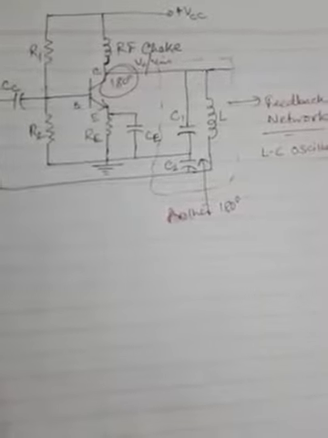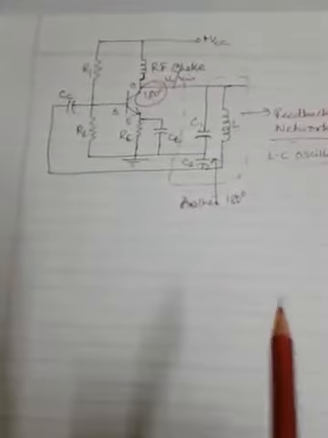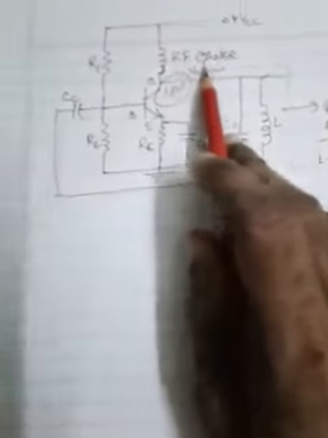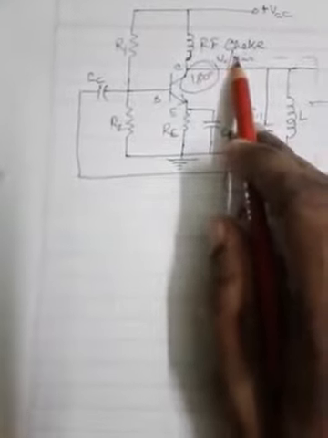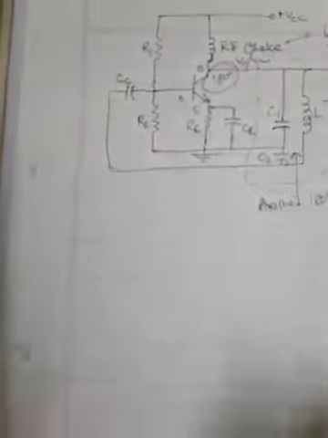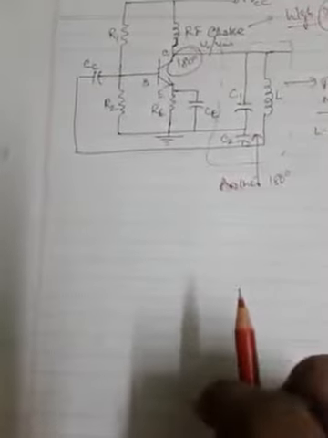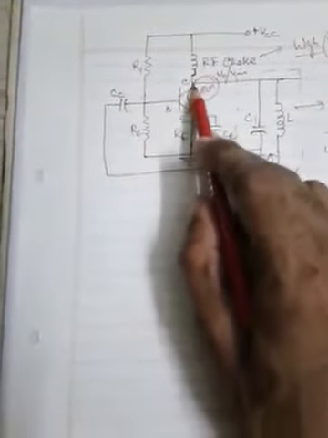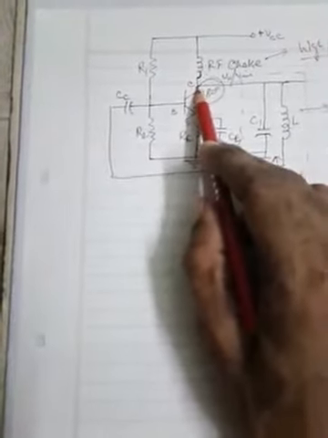And now this RF choke coil that is used over here has a very high inductive reactance. So it has high XL, because it is basically an inductor having a high value of inductance, and so it appears open to the AC signal, because if it has high reactance, that means no AC should pass from this collector terminal which is connected to VCC through this choke coil.